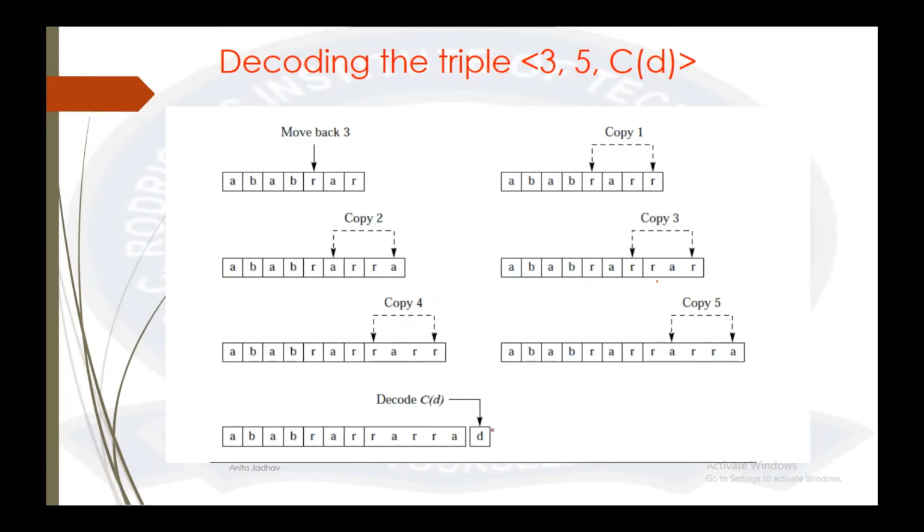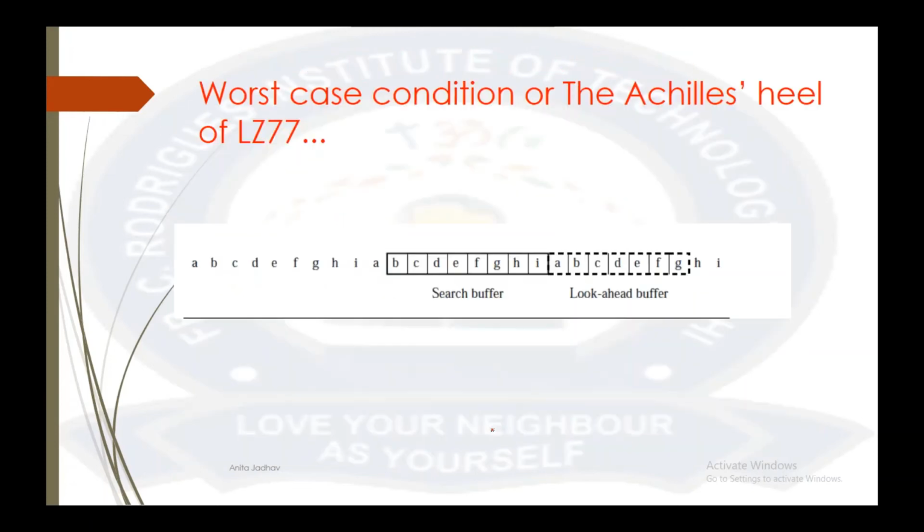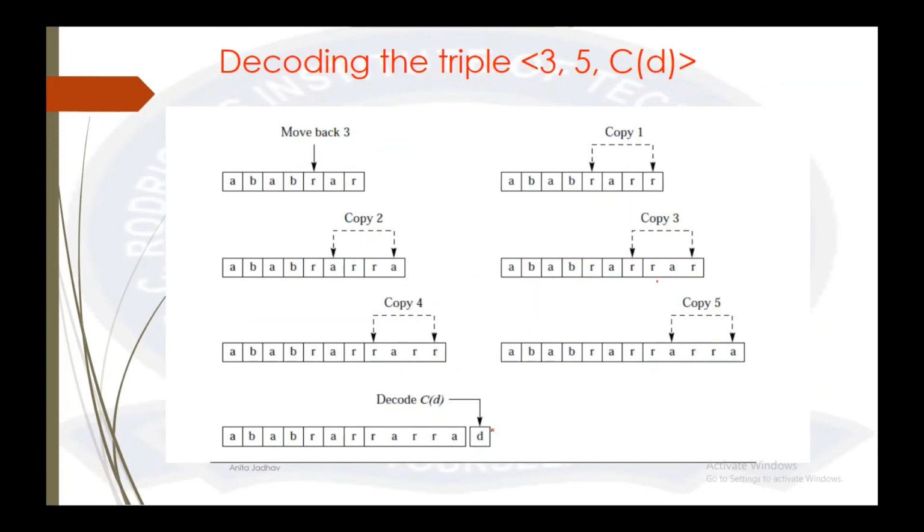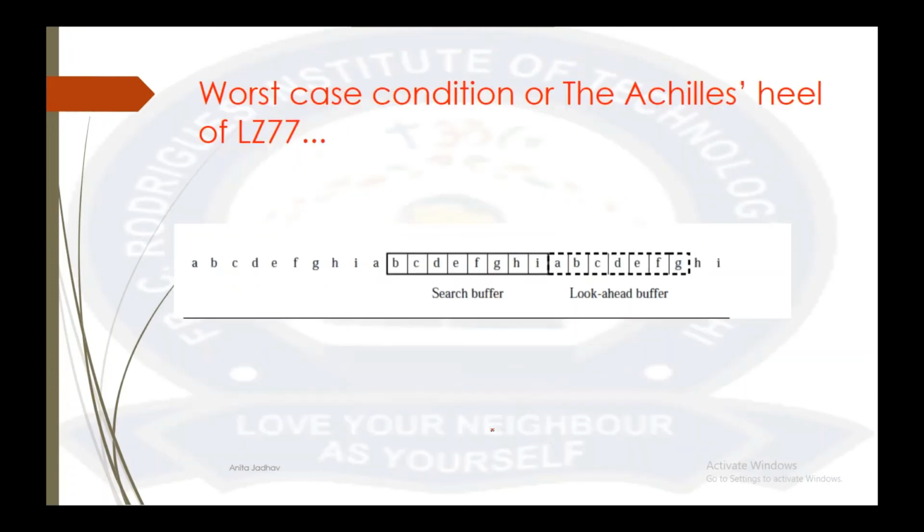I hope if you have understood the encoding properly, I don't think there should be any problem in decoding as well. Now, as we observe, this is a very convenient, very easy to implement dictionary technique. But do you think that it will work everywhere? They have given the simplest solution. You can write a code for it, you can write a program for it, but whether it will work for everything, because in this case, search buffer size and look ahead buffer size play a very important role. How do you decide that?